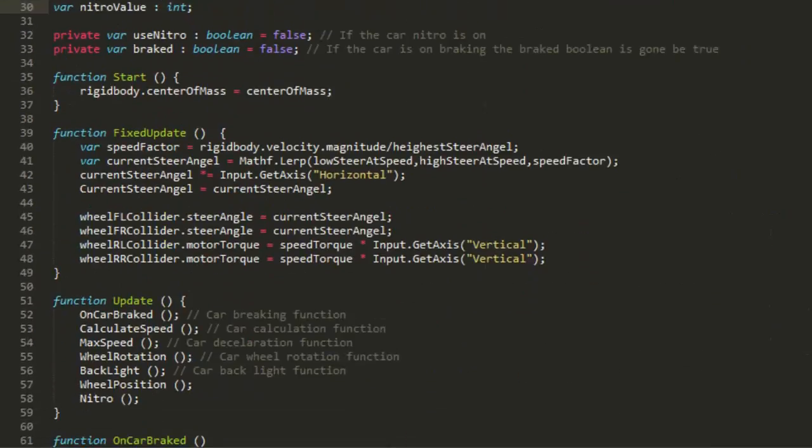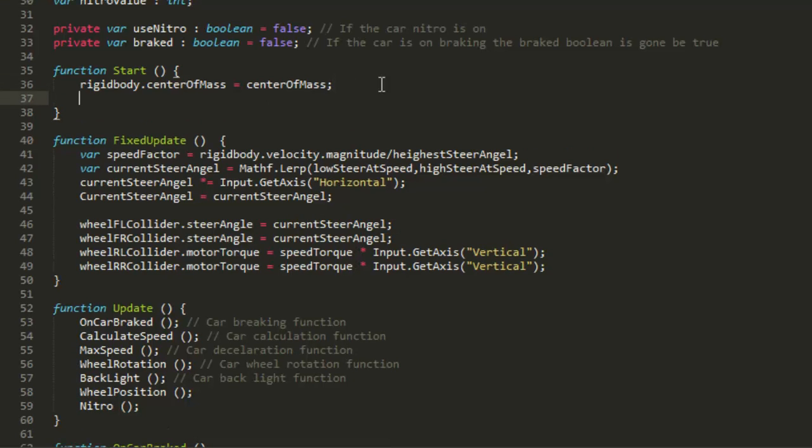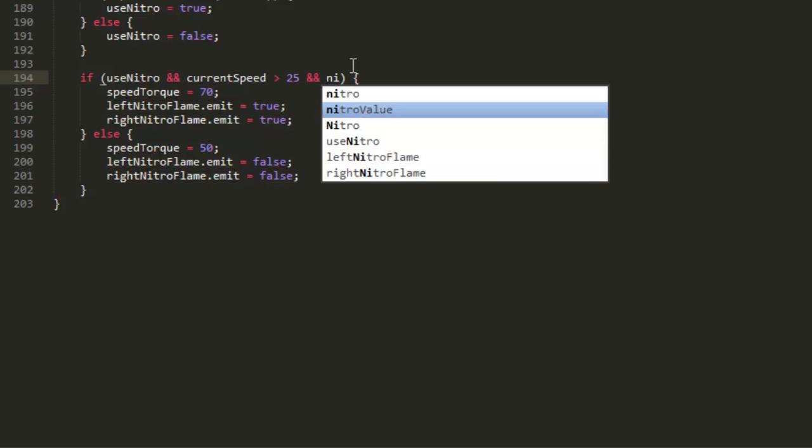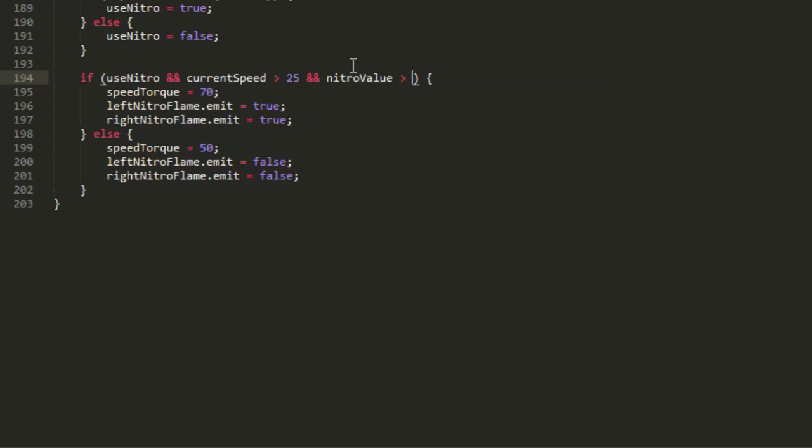So we go to start, nitroValue equal to 100, like that. Good. Let's add here and nitroValue greater than 0